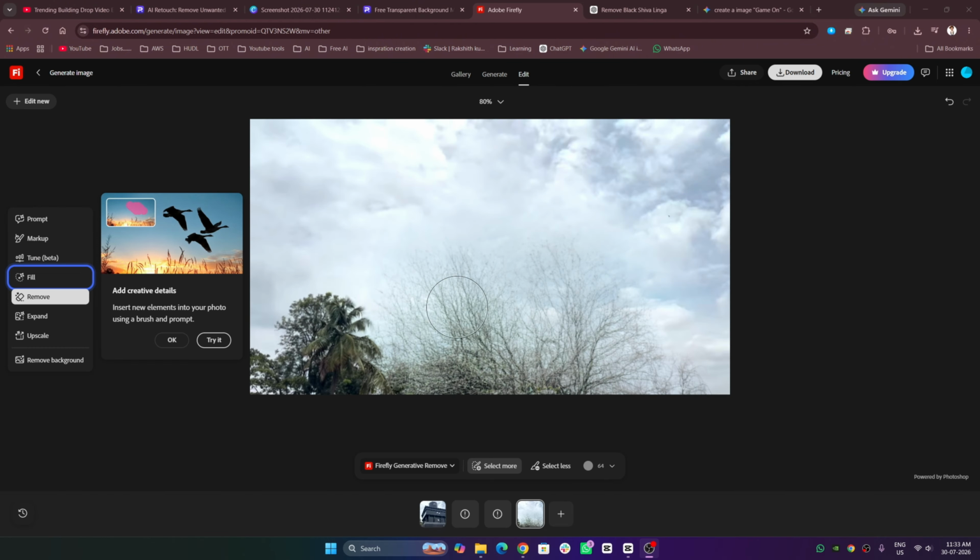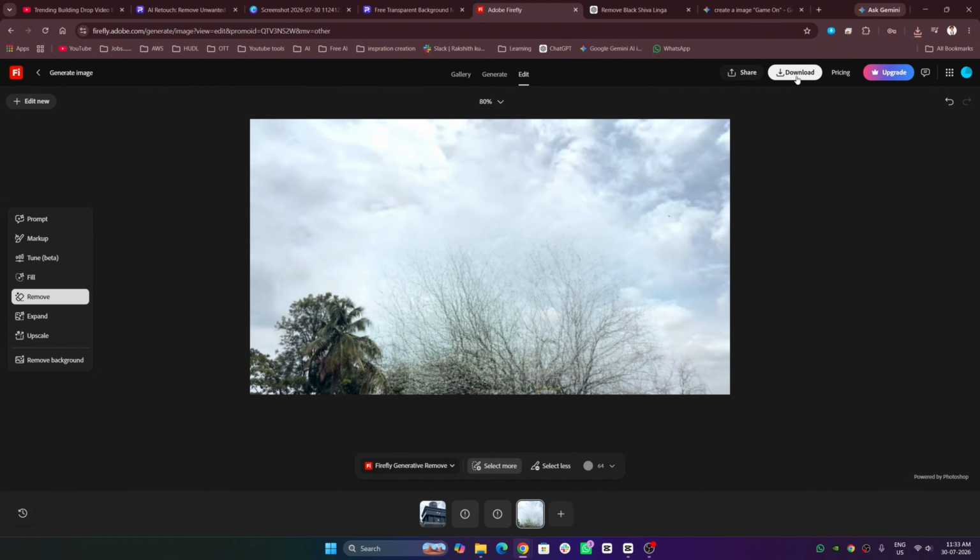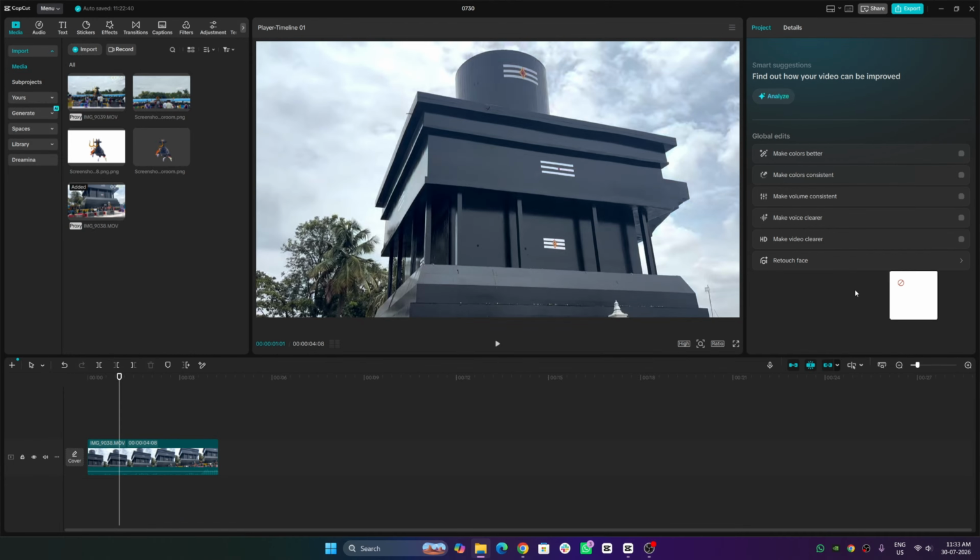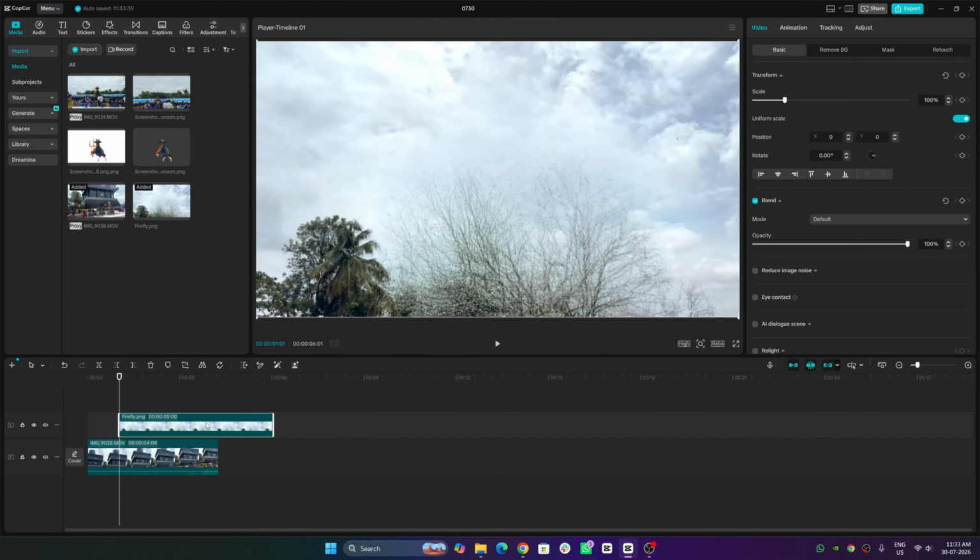See, once the image background is removed, go to this website, Firefly from Adobe, then download this image. Once the download is done, go back to CapCut and add your downloaded image. See,